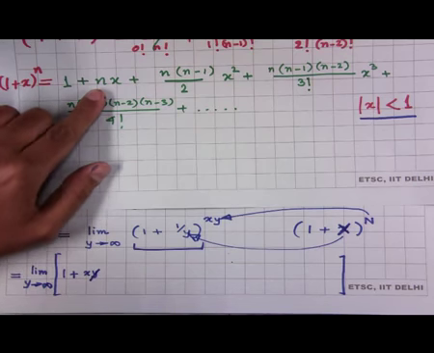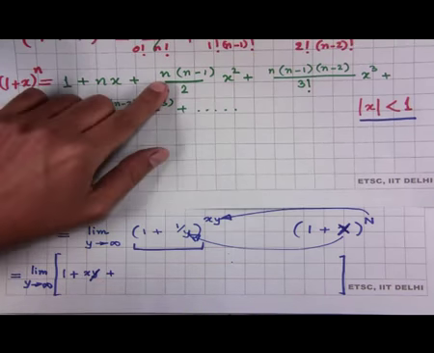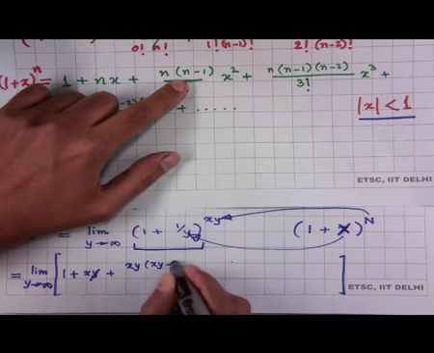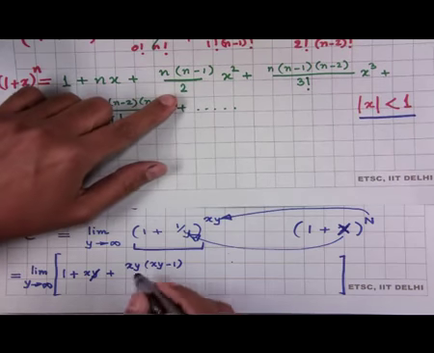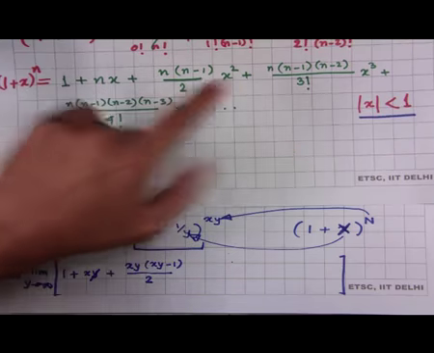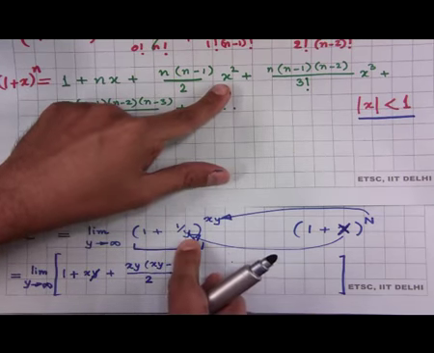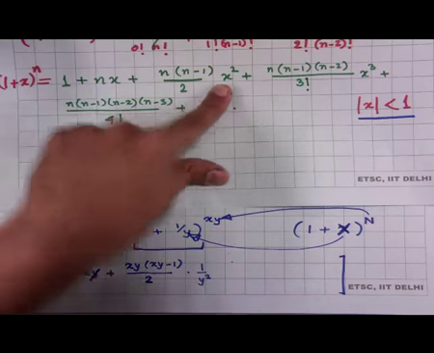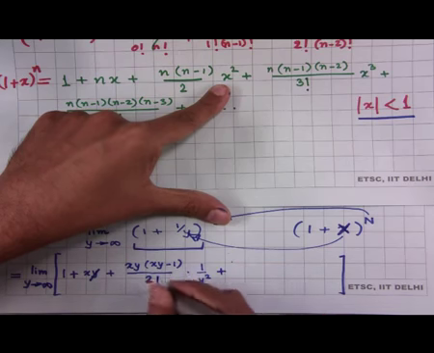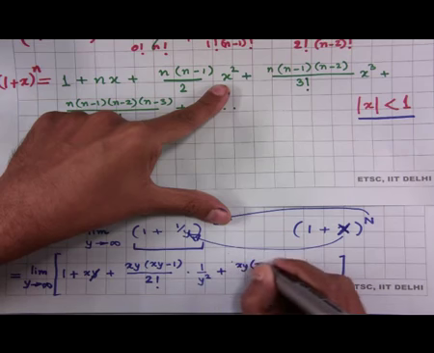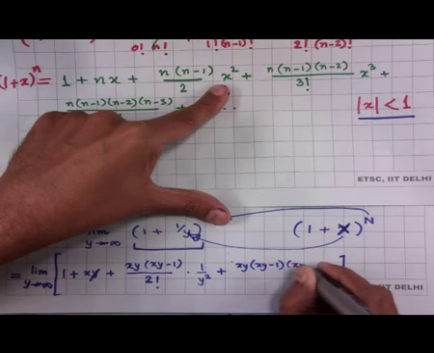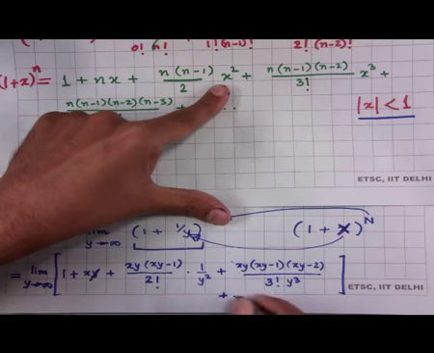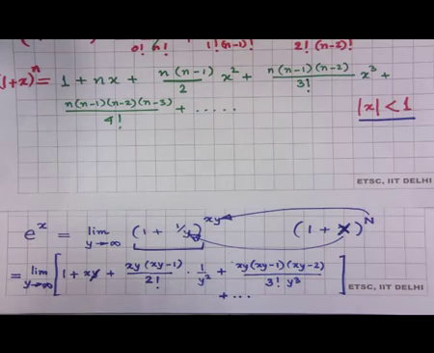So, this becomes just x, plus n, that is x y, times n minus 1, by 2, times X squared, X is 1 by y, plus... okay. So far so good,